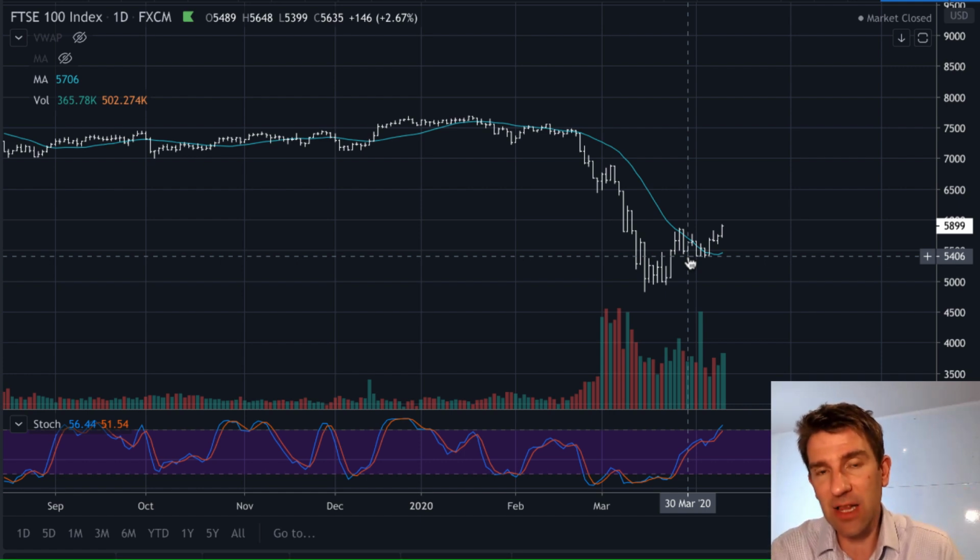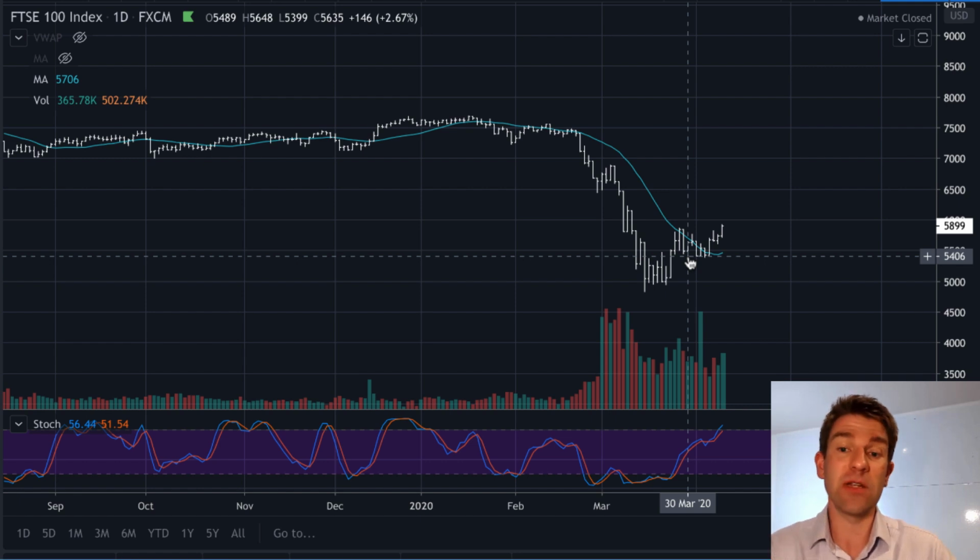Then we started to add a little bit more data on the volume. The volume said, yes, this is an important move. People are interested in this. There's a lot of excitement around it. Then we started to add on more tools to guide us on whether we thought this short thesis was right. For example, okay, first overbought, right, great. Then we add on. So you see the point, guys, it's staggering the stuff on, adding it,